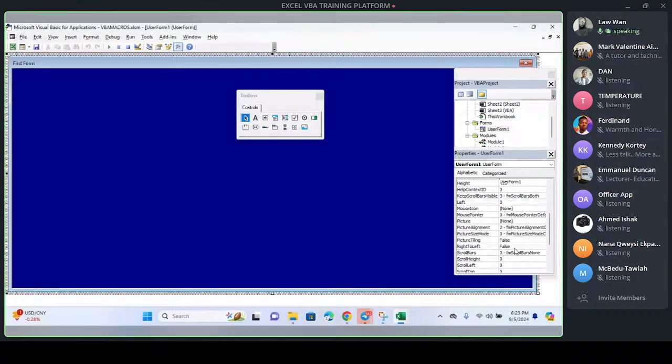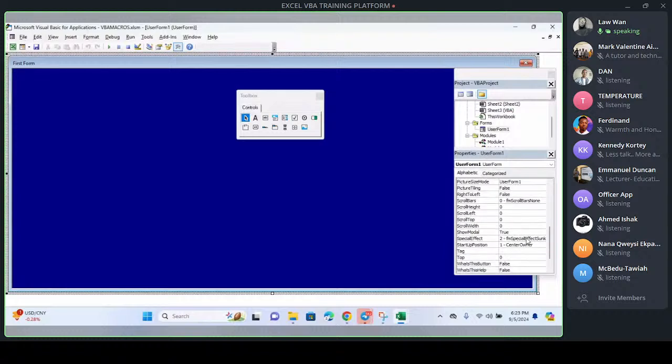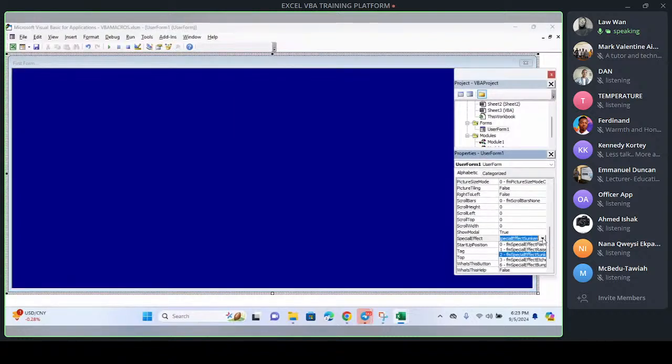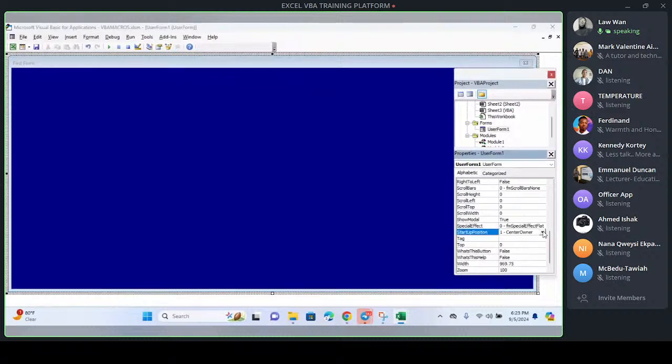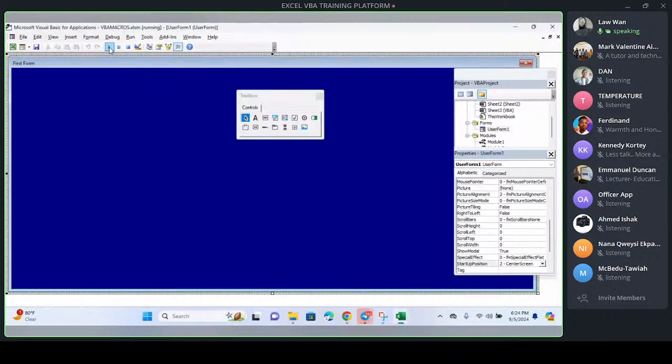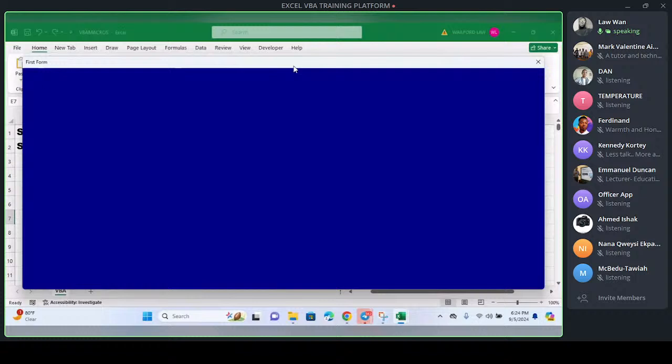So based on what you want or what you prefer, you can select it. But I mostly use the default one. Good. And then we have the startup position. When you launch the form, where do you want it to appear? By default, it is center owner. If you use center screen and I launch it, it will be at the middle of your screen,